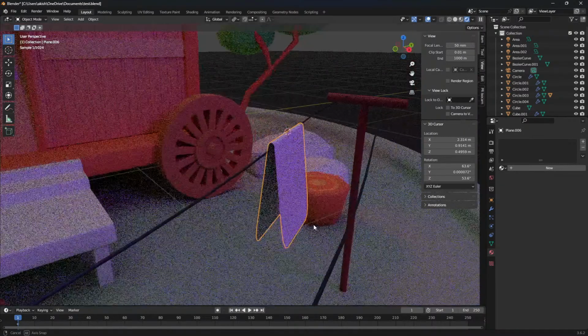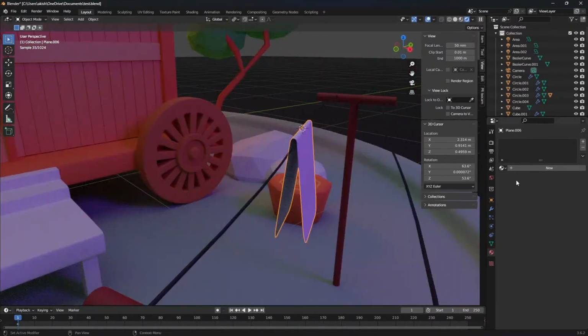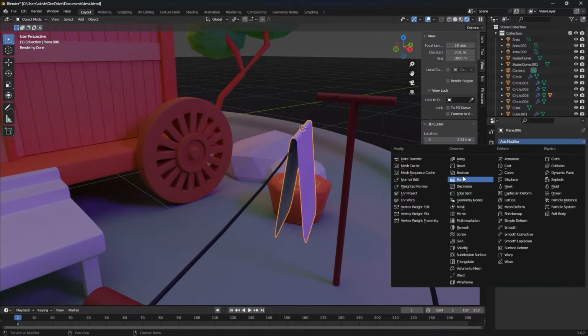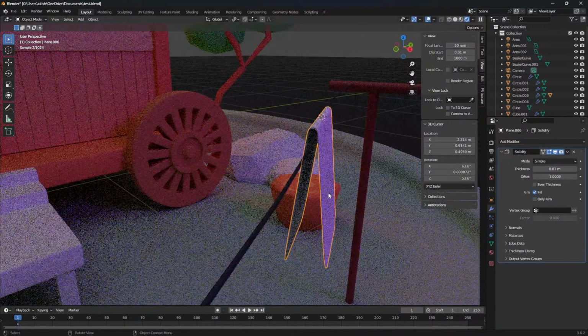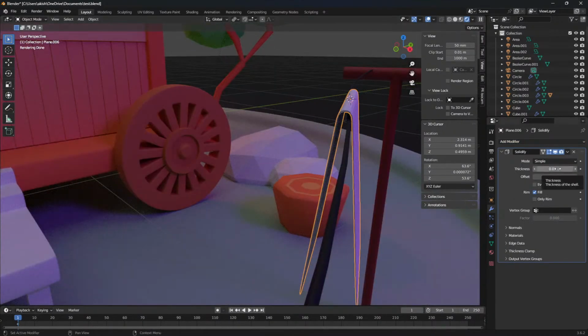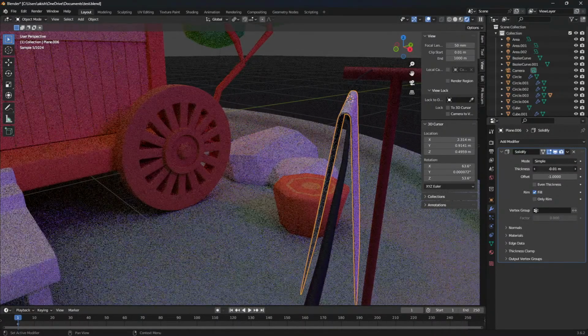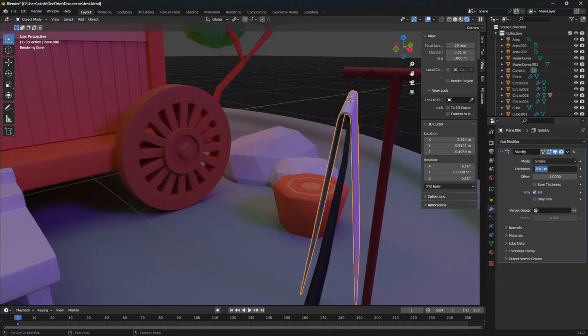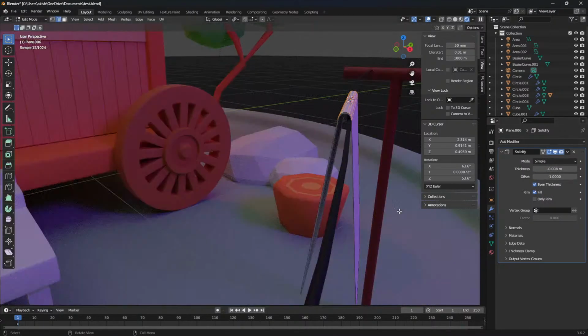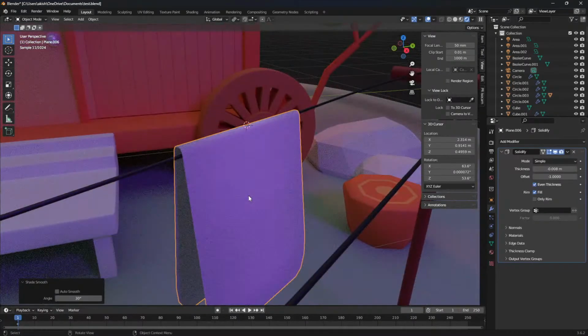this. I'm simply gonna give them a solidify modifier, go to modifiers, come here and give them a solidify modifier, and play with the values, the less the better, maybe minus 0.008, even thickness, simply set smooth,